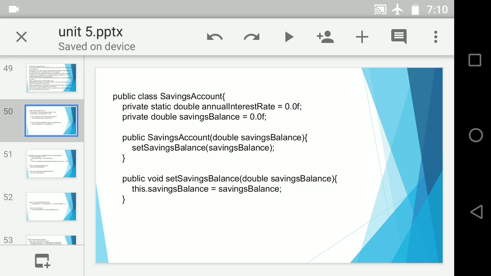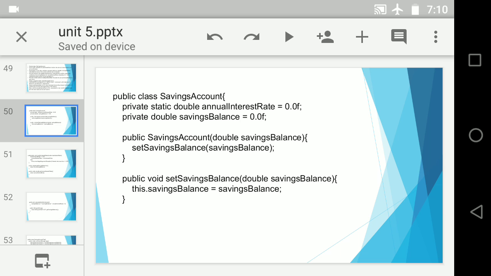Why do we require one constructor? For the savings account, because while creating an object, you are passing a value to it. First time you will be passing, let us say, 2000. Second time you will be passing 3000. So we require a constructor as well. See, you can use either constructor or set. The program uses both. It is completely in your hand what to use at what point of time.